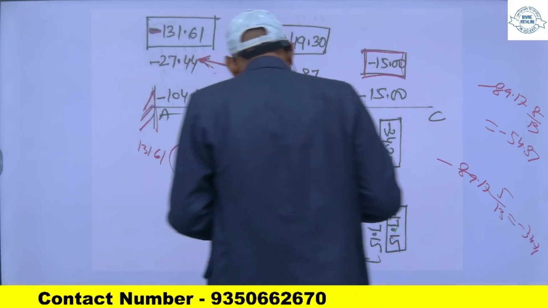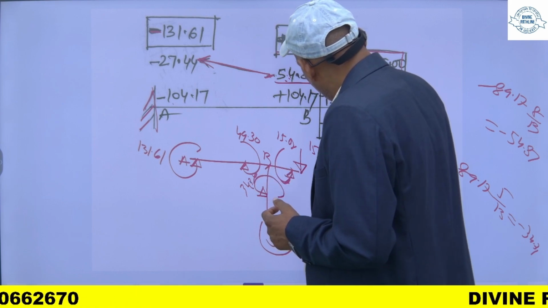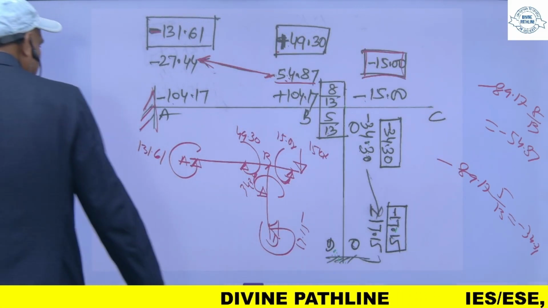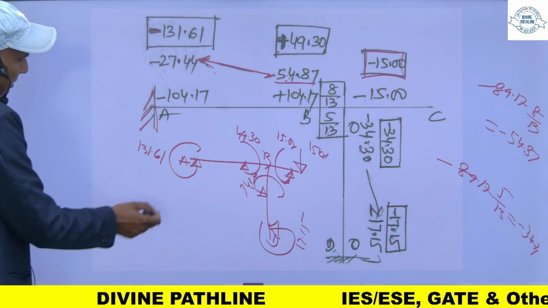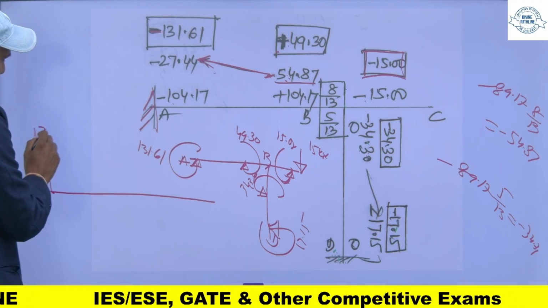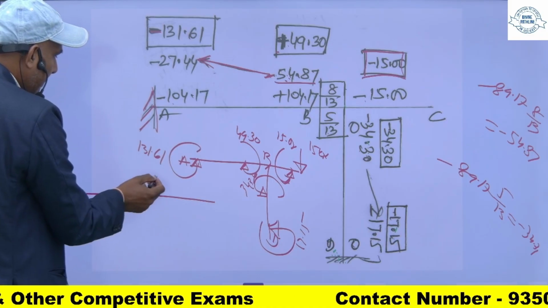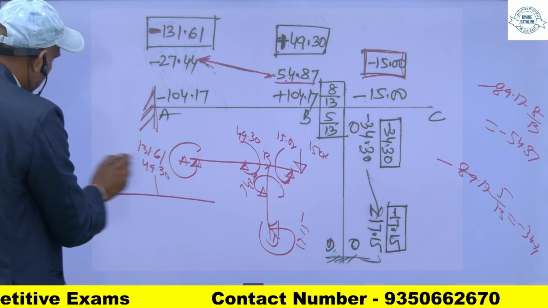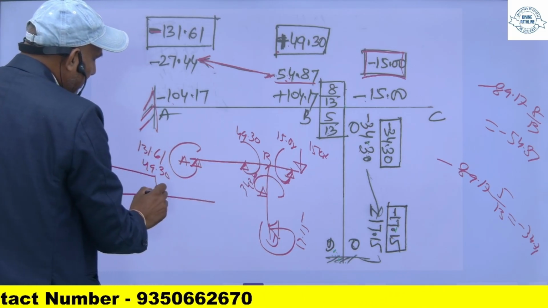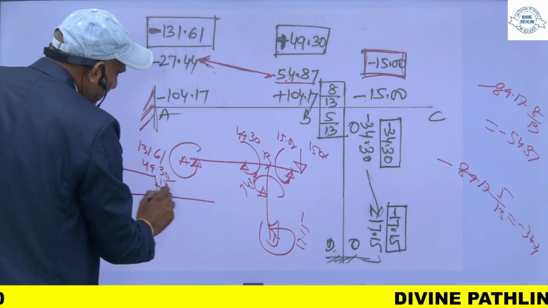यहाँ से भी अगर मैं इसको देखूंगा तो ये एंटी क्लॉकवाइज है 34.30 और ये एंटी क्लॉकवाइज 17.15। अब मुझे अगर इसका बेंडिंग मोमेंट डायग्राम ड्रॉ करना है तो ये ऊपर की तरफ जाएगा। यहाँ पर 131.61। यहाँ पर भी एरो ऊपर की तरफ जा रहा है तो ये 49.30 हो जाएगा। इसको मैं इससे मिला दूंगा और यहाँ पर ये 15 है और ये भी नेगेटिव है। ये 15 यहाँ आएगा और यहाँ पर मोमेंट 0 होगा। ये होगिंग है।